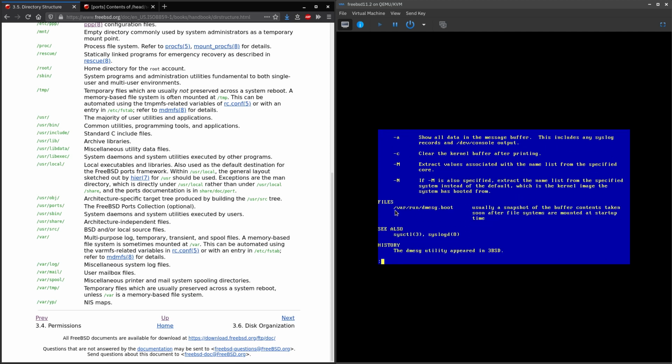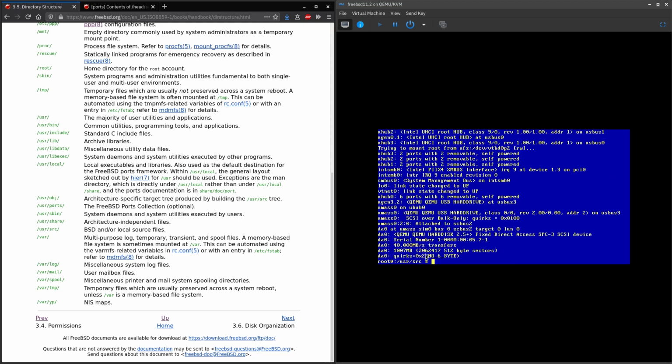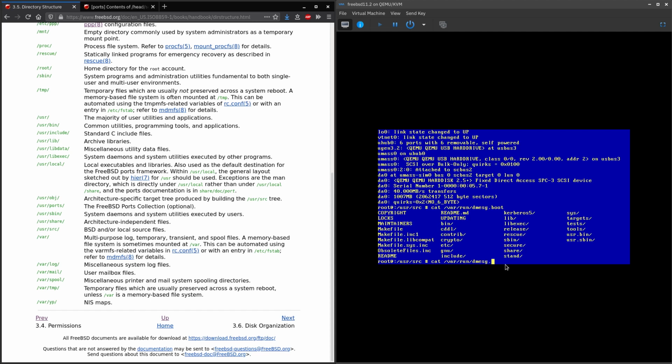If we look at cat /var/run/dmesg, okay, then we can see this is like dmesg from just the boot part, and I guess /var/log/messages is similar, but kind of like the dmesg output after boot. But you can see here, this is from just the boot. I wonder if there's just no. So /var/run,